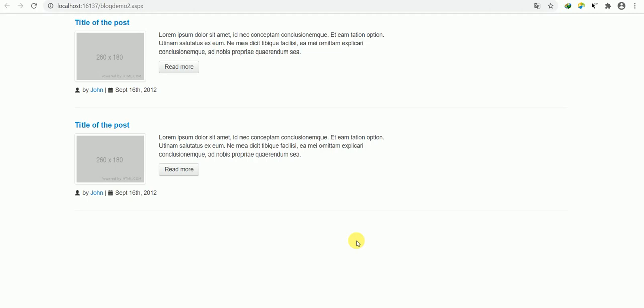In this class also I am going to explain how to bind data from a database into a repeater, and as you can see on my screen, the user interface looks like a blogging website. So I would like to bind data in this user interface. Many people actually want to know how to bind data so it looks like what appears on the screen.